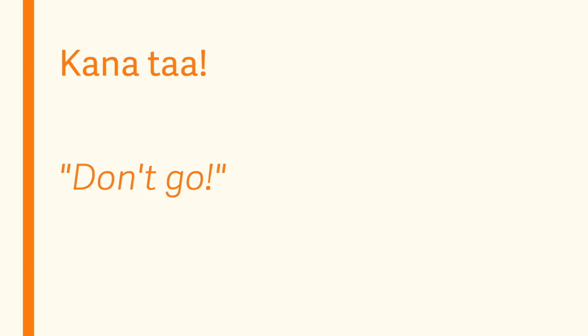To use imperatives negatively, you only need to add one word, kana, which is going to be the negative imperative predicate marker, or auxiliary, and it also is sometimes called the prohibitive predicate marker, or auxiliary. We'll talk about that in a future episode, hopefully. For now, what you need to know is that kana will go before everything else, just like in the examples that we saw earlier. So for instance, if you wanted to say something like don't go, you would say kanata, meaning don't go. Kanata.